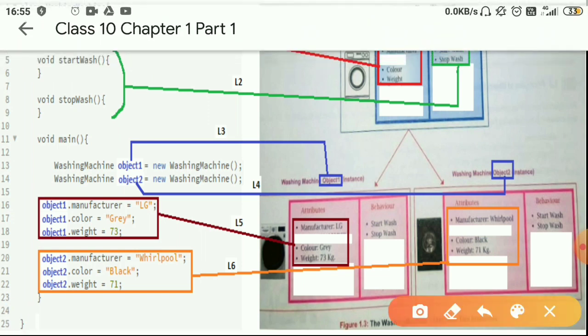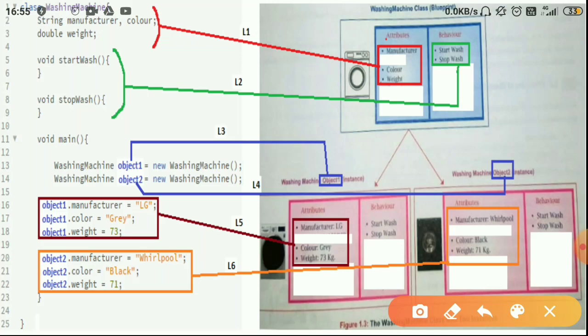If you want to assign some value to manufacturer, you will write object1.manufacturer is equal to LG. Let's say in this case it's LG. object1.color is equal to gray. object1.weight is equal to 73. This is how you assign actual values to the instance variables.